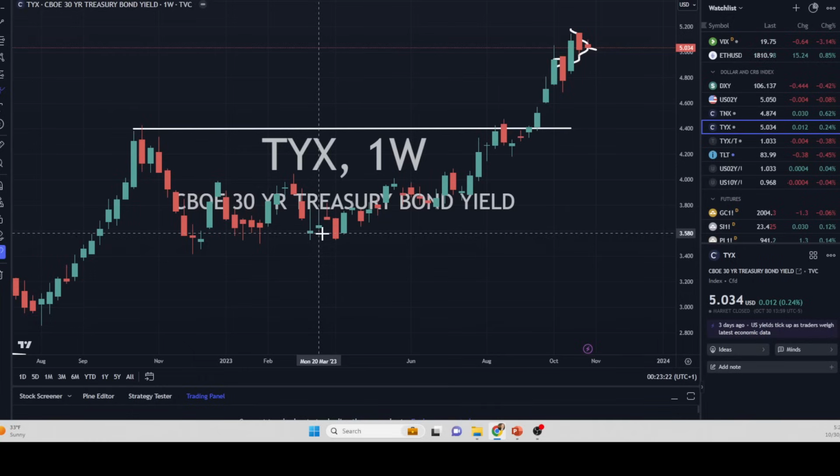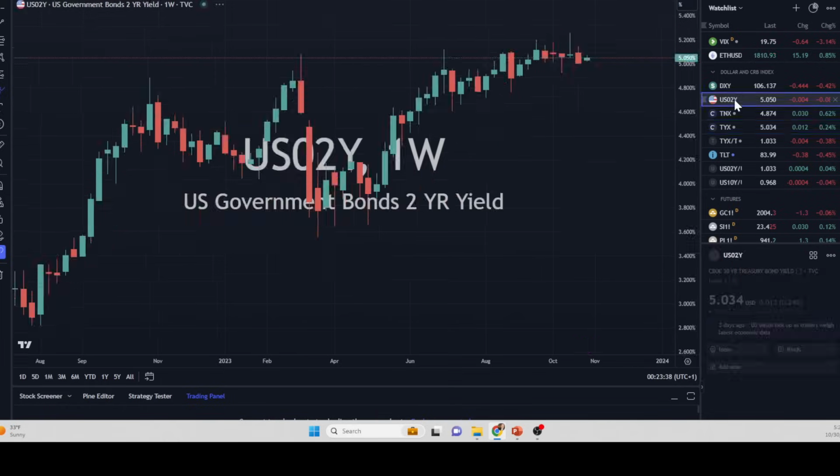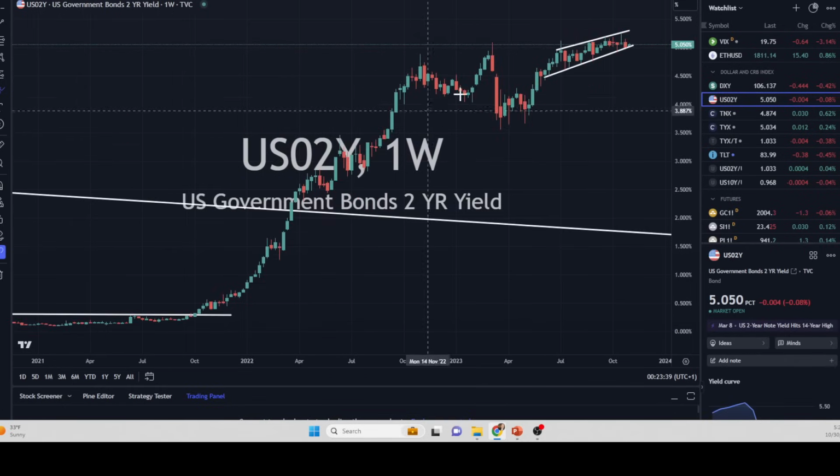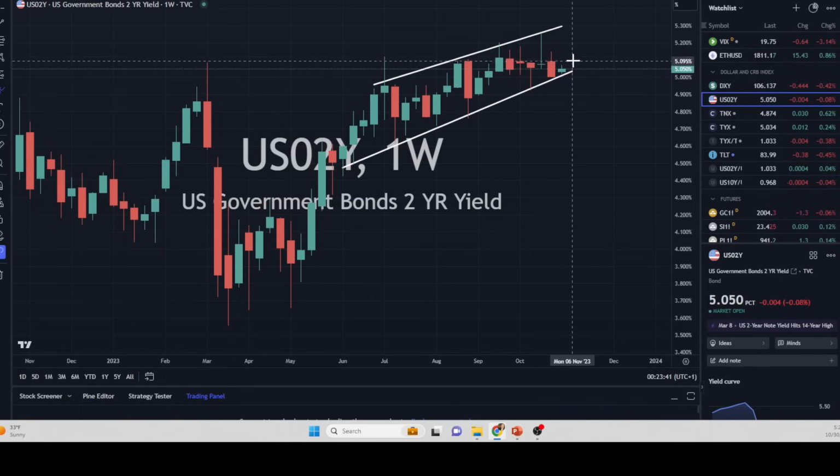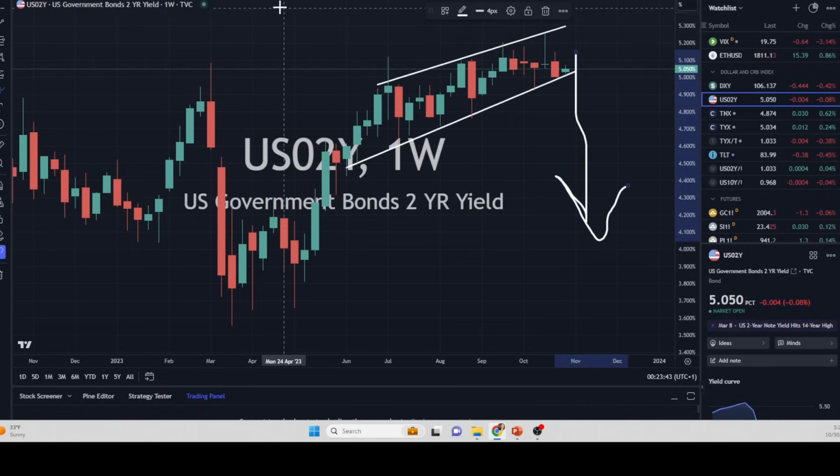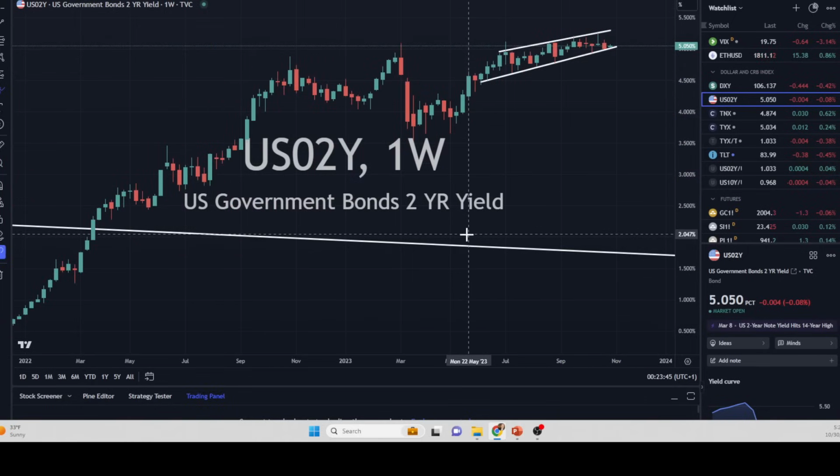So commodities and gold are still, in my opinion, good because we have not seen a decline or a run into the 10-year and 30-year yields. I have not seen that. Even the 2-year is still remaining quite resilient and it has not fallen yet. But if these do fall, then we know that a slowdown could potentially be coming.